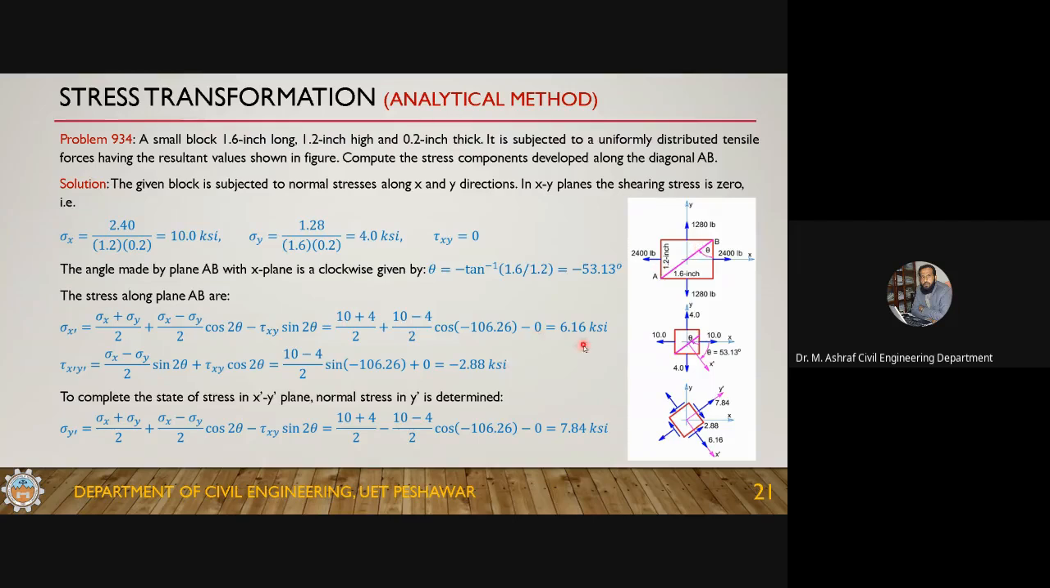Now you got the answer, but if you want to complete the state of stress, you need to calculate the stress in the y direction. So for the stress in the y direction, the expression is this one. So this will give you, sorry, it should be